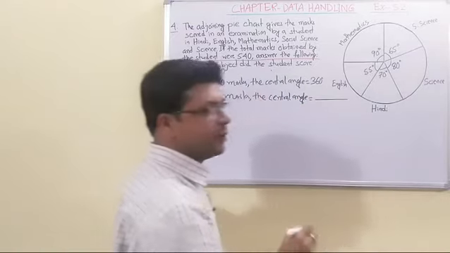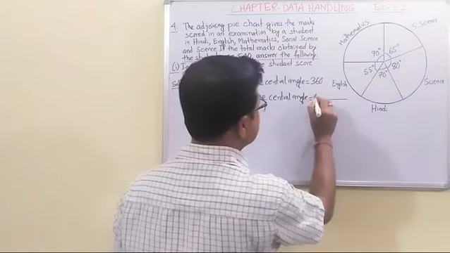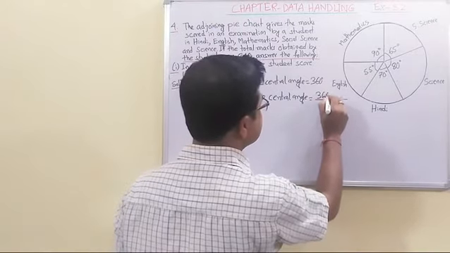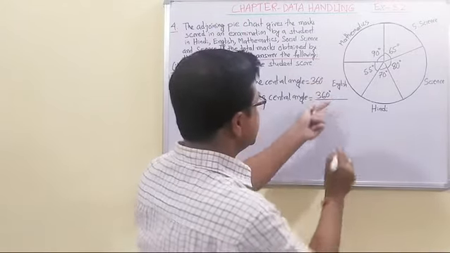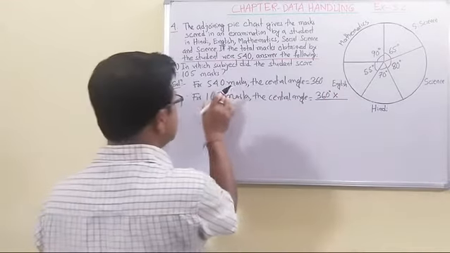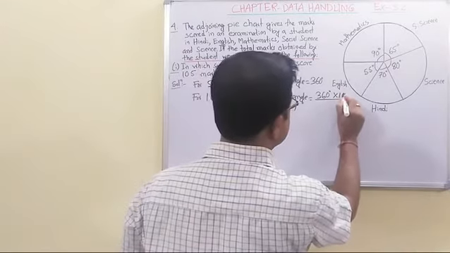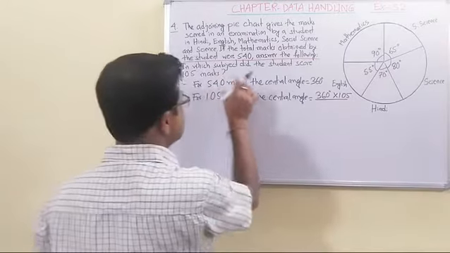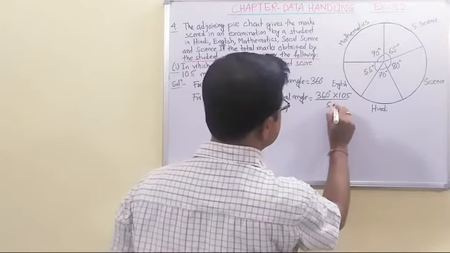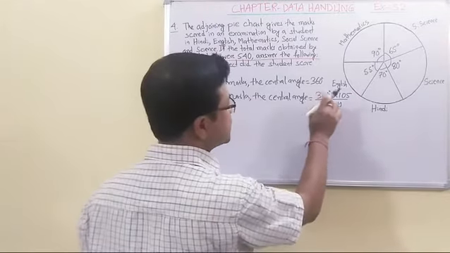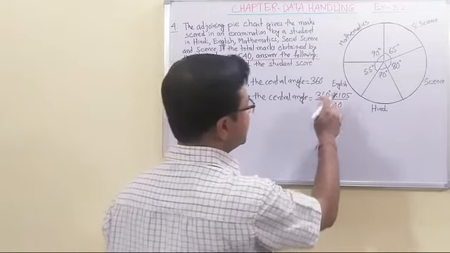is equal to. Now what is the unitary method? I think all of you know it. This 360 degrees we write here, this part here into this part, always we write here. This is the unitary method, you know it. Then this is always divided. Okay, in this way let us find the corresponding central angle.